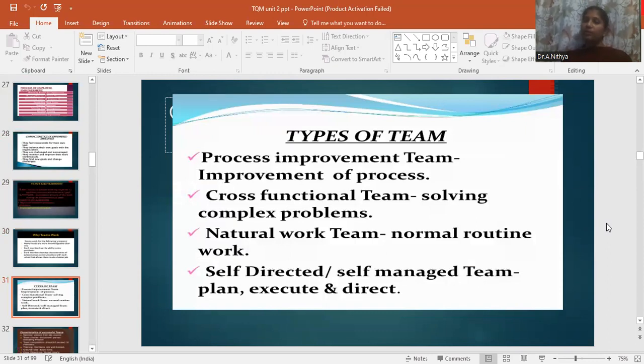What are the types of teams? Process improvement team, cross-functional team, natural work team, and self-directed team. The process improvement team is for improving the process. This team has been established for that purpose. Then to solve a complex problem, a cross-functional team is formed. Then for normal routine work,